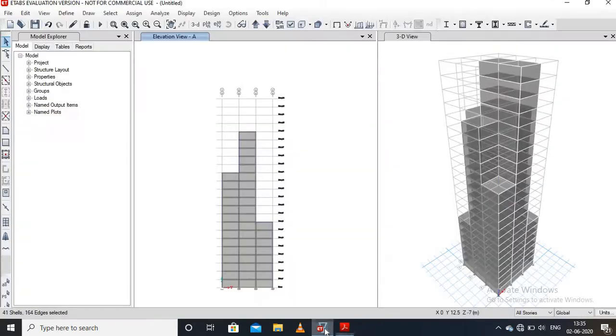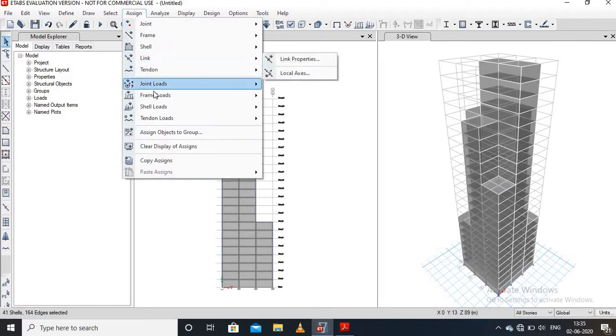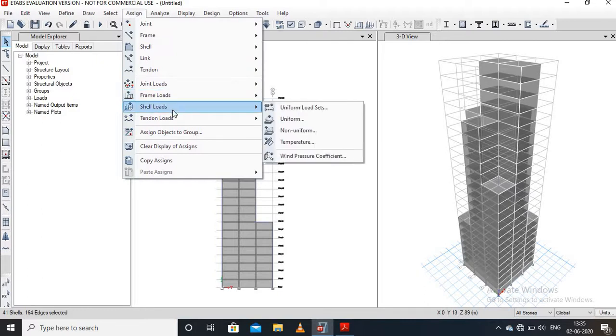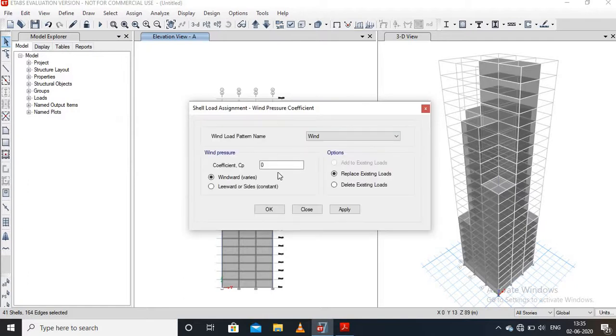Then go to the ETABS software. Go to the assign menu, go to the cell load option, then go to the wind pressure coefficient, add plus 0.8, then press apply, then press OK.